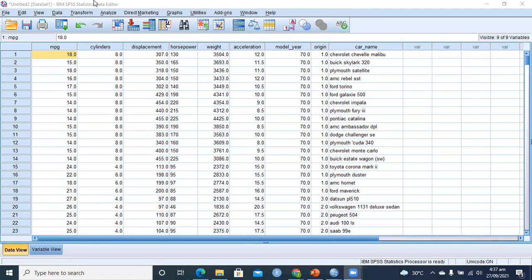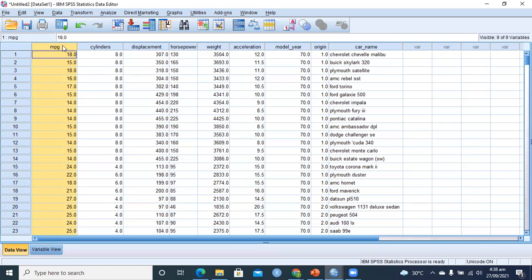Hello. One important thing: if you want to do a t-test, paired t-test, two-sample t-test, or analysis of variance, all of these different types of tests require that your variable or variables of interest follow a normal distribution. That means if we plot the column, for example the miles per gallon data column from the auto.mpg file, then this column must show a histogram which is a bell-shaped curve.